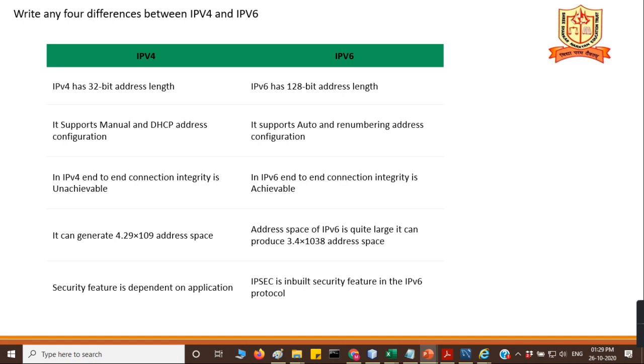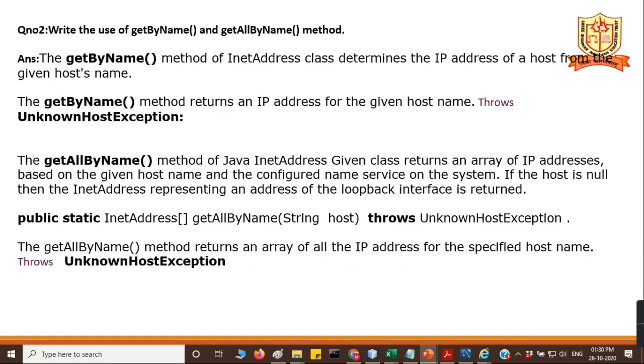In IPv4, end-to-end communication integrity is unachievable; in IPv6, end-to-end connection integrity is achievable. IPv4 can generate 4.29 into 10 to the 9 address space, while IPv6 address space is quite large, producing 3.14 into 10 to the 38. Security feature is dependent on application in IPv4, and IPSec is an inbuilt security feature in IPv6.